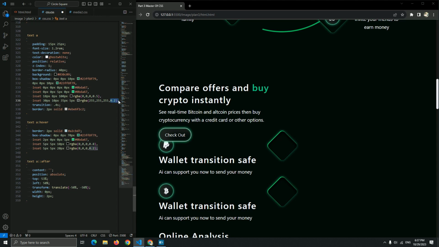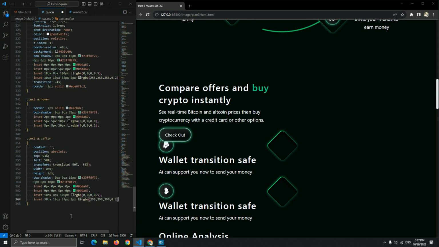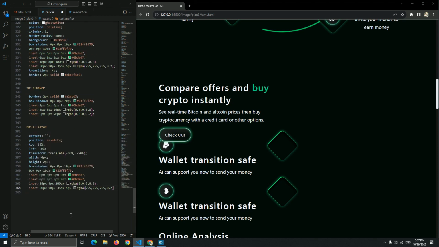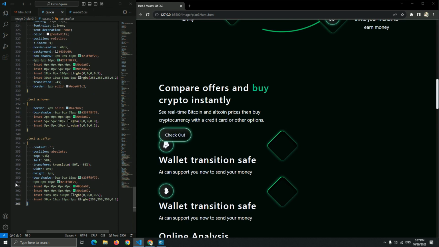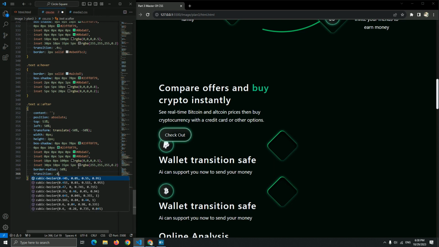So now let me just add a background and the box shadow. Let me just copy this, paste it here. Okay, there we go. This is our box shadow, the same box shadow. I don't want to change it. I don't think we need to change it, but yeah. Okay, this is the after of this, and the border radius, let me add the border radius 50%, and the transition to add the hover for this, and let me add a simple hover.